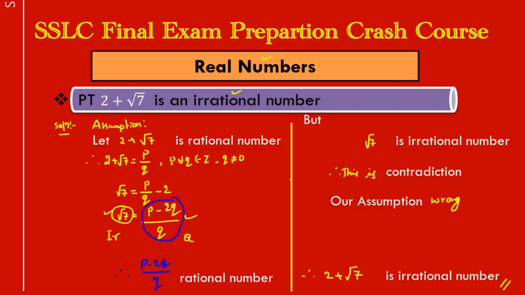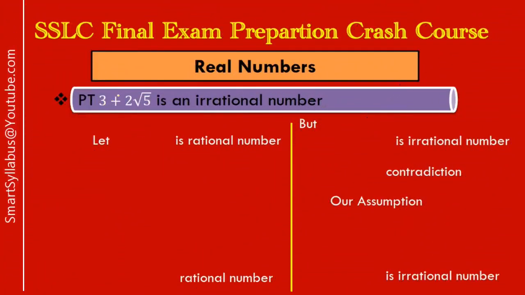See, so simple, students. You just have to assume this one as a rational number, go on writing 2-3 steps and compare. At the end you will come to know it's an irrational number. Isn't it so simple? Okay, we'll take one more sum under this category, and that time it will be more clear for you.